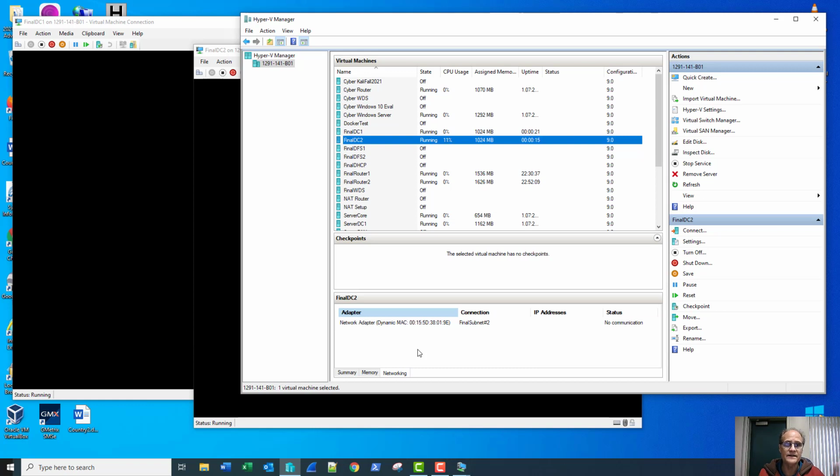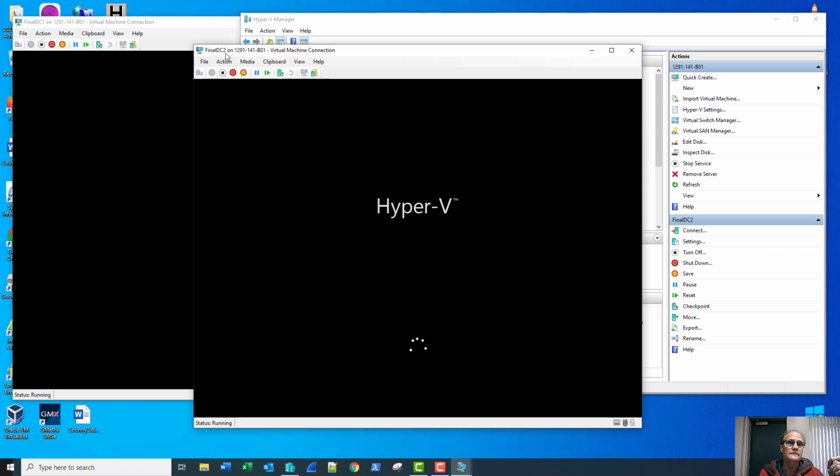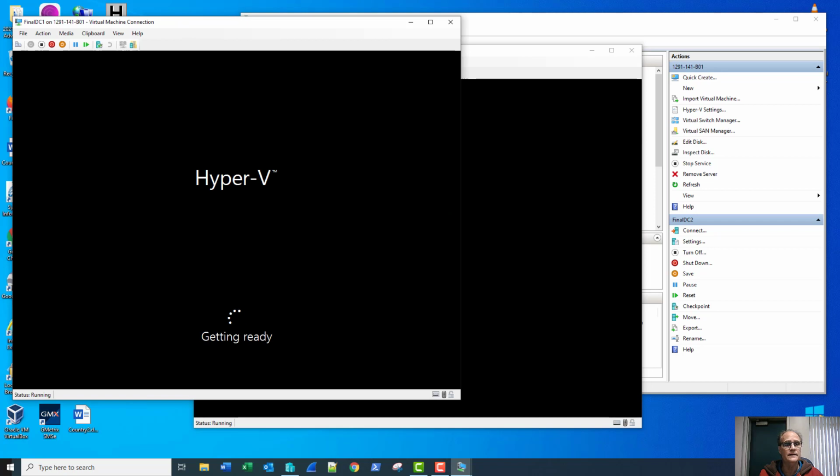Remember, everything else is done. DC2, it's starting up. DC1, it's already doing the get ready. This should only take just a few more minutes, and they're going to reboot. I'll be ready to log in and start configuration. While I'm doing that, I'm going to review my settings. I've got my paperwork right here, and I know that my subnet 1 is on that